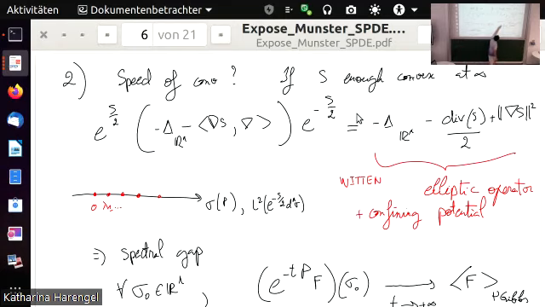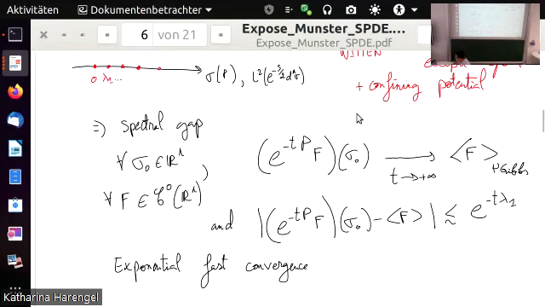So if you conjugate, you get this Witten Laplacian, and this Witten Laplacian has a confining potential. Since you have an elliptic operator with a confining potential, you assume that your action S has enough convexity at infinity. I don't want to be too precise, but if S is good enough, you have a kind of Schrödinger operator with confining potential, and so you expect that your spectrum is discrete with finite multiplicity. And so it means that you might have a spectral gap,